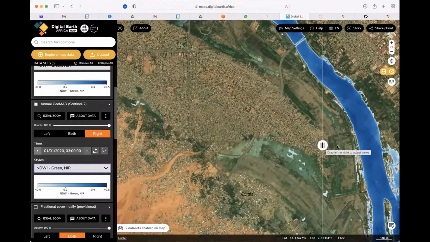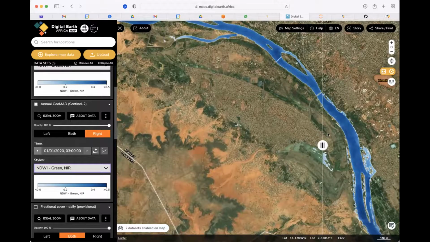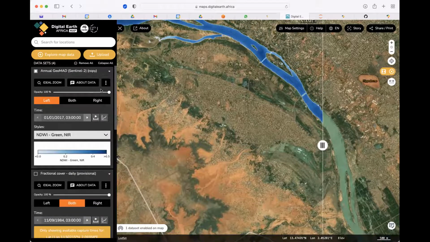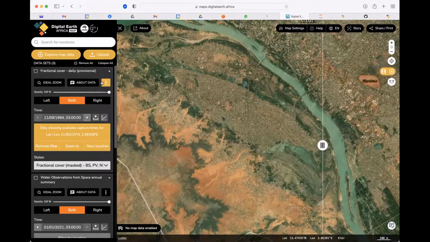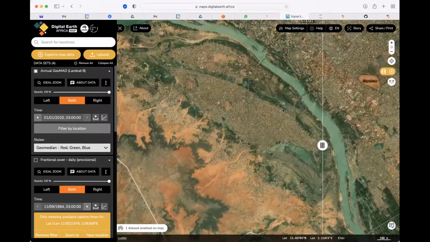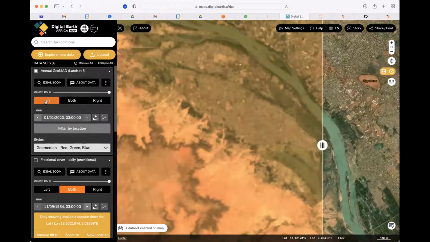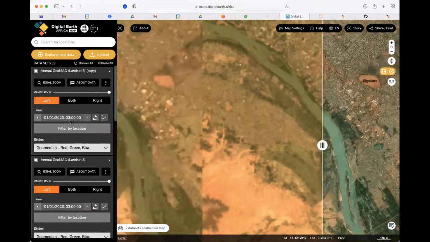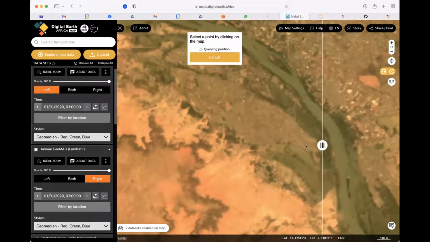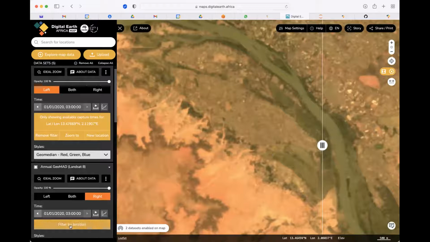So looking at this, this is the flooding occurring in 2020. Exactly. So looking at this geomat, you can also choose to just remove it, just to make sure how our work is very easy. And also we can try the Landsat geomat to see how things have been over this time. So looking at this geomat, I can do a comparison tool where I can also filter by location to make the work a little bit easier in terms of loading.